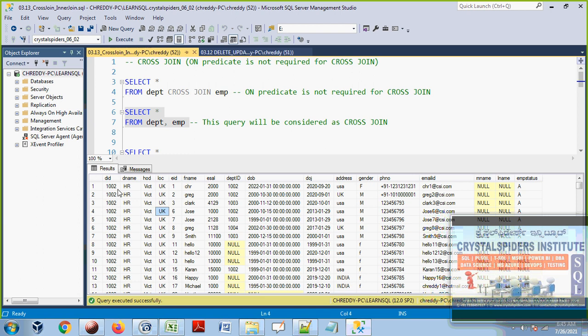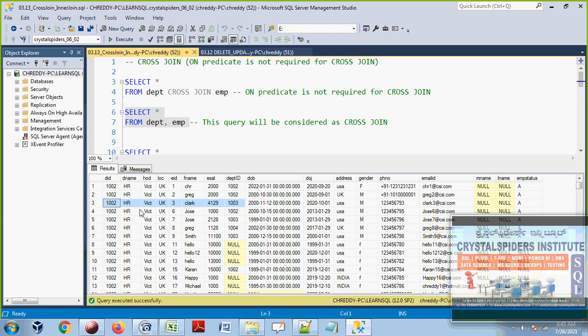What is that? One where condition. Under this DID, under this DEPT ID. This is the column from the DEPT table and this is the column from the employee table. So I am going to put the condition where this DID is equal to this DEPT ID. Wherever these two columns have the same values, take only those records. That means see here, these two records have the same values. And this record does not have the same value. Here DEPT is 1003, this is 1002.